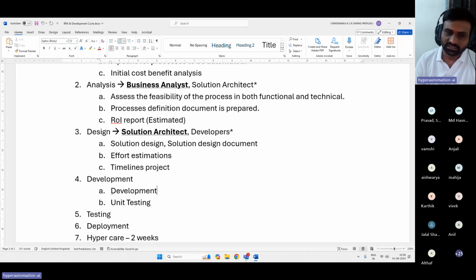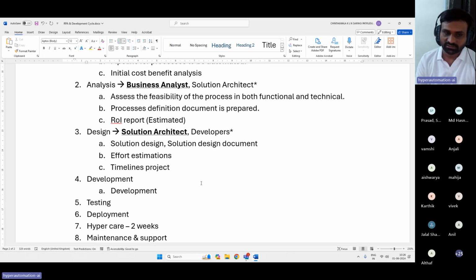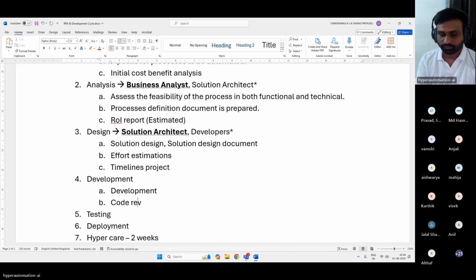We will not do it as part of our testing in the majority of cases. But we should not call it out here. We will call it in testing only. Development, what else? Code review. Right? We need to complete our code reviews also, to check whether the development we have done is as per the best practices or not.